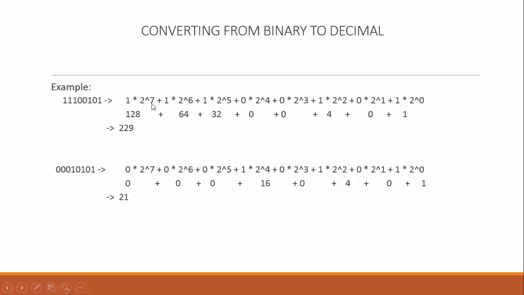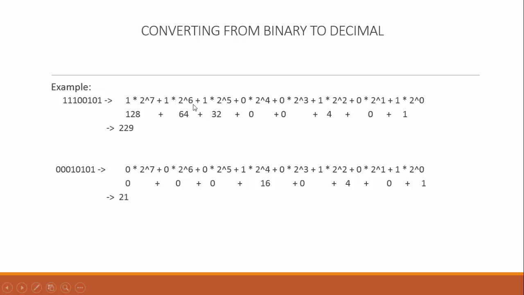times 2 raised to the power 7 plus a 1 times 2 raised to the power 6, because there's a 1 here at the first entry and a 1 also here. Anywhere that is a 0, it will be 0 times 2 raised to power 4 plus a 0 times 2 raised to power 3, then plus a 1 times 2 raised to power 2 plus a 0 times 2 raised to power 1. After everything, the computation is: where there is a 1, we multiply by 1, and where there is a 0, we multiply by 0,